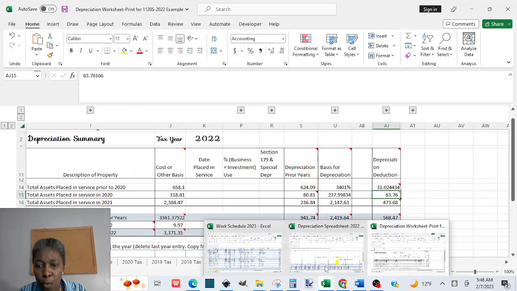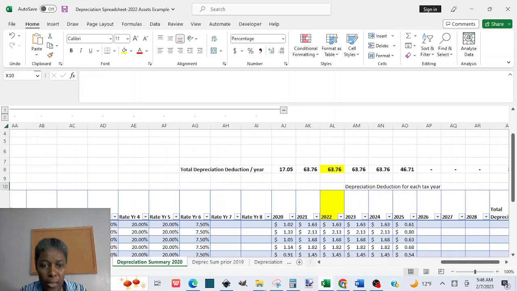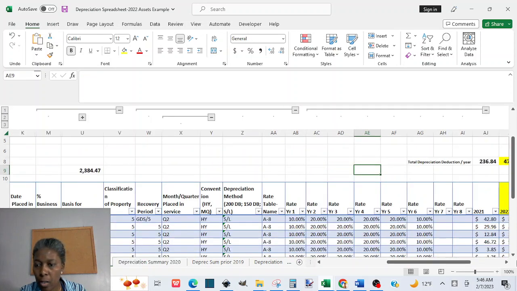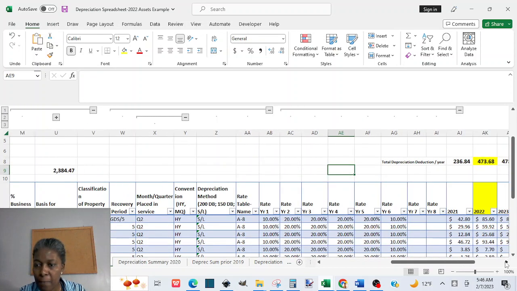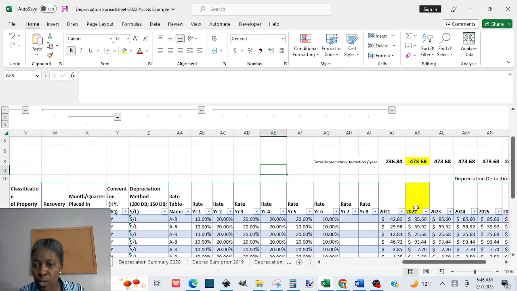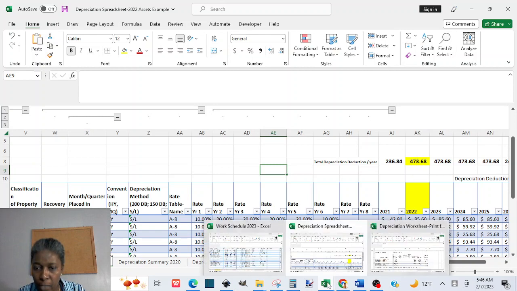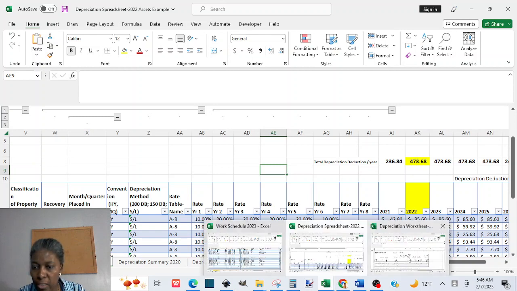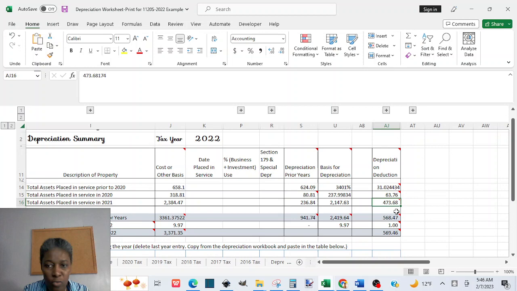We need to go look for the 2021 depreciation sheet and find 2022 on it. In 2022, we'll claim 473. So 473, we'll put it on our 2021